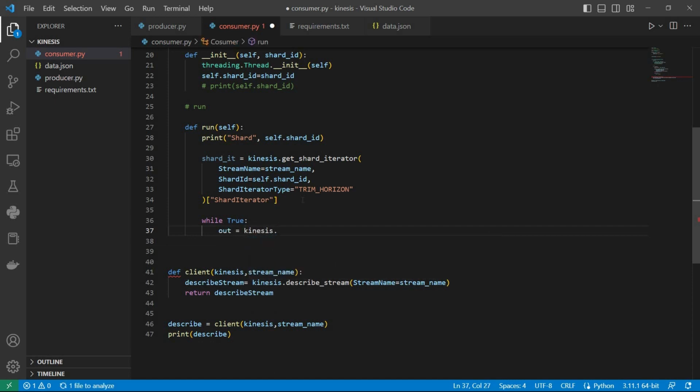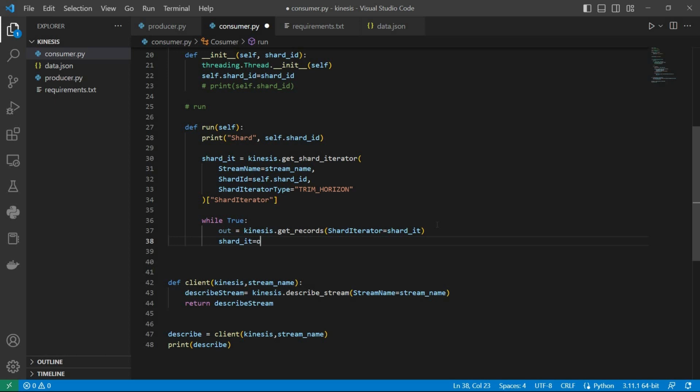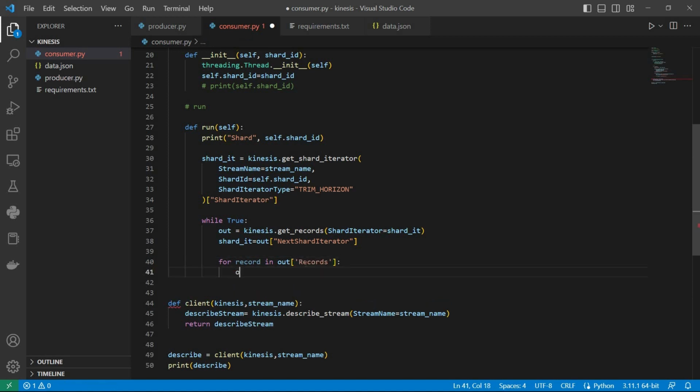So kinesis.get_records, sorry, I'm going to pass the shard iterator itself. So now I have passed my shard iterator into get records. I'm going to pass it to the next iterator after one iterator. So this is how it is to be. And then for each record out of records, print